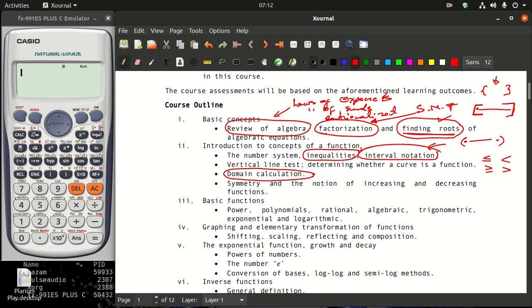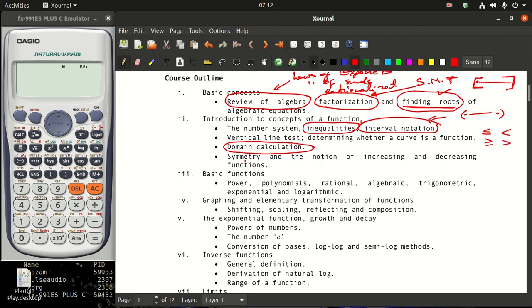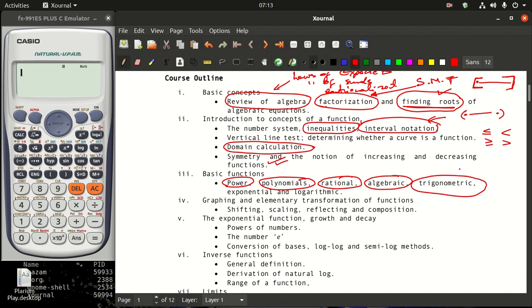We worked along with this, and then we talked about symmetry, even symmetry, and odd symmetry, and most importantly, you have to be able to differentiate between even symmetry and other reflections, odd symmetry and other reflections, that we'll be covering in this particular session. So after finishing odd symmetry and even symmetry, we talked about power functions, polynomial functions, rational functions, algebraic functions, trigonometric functions,